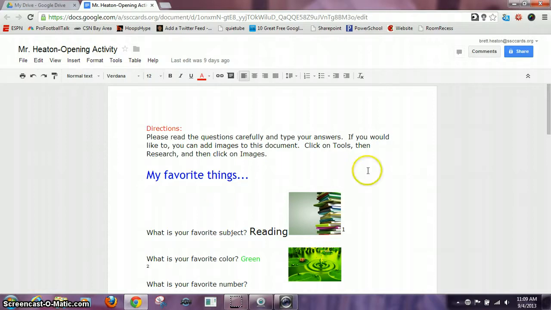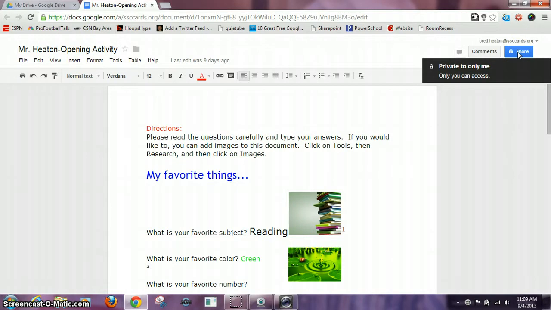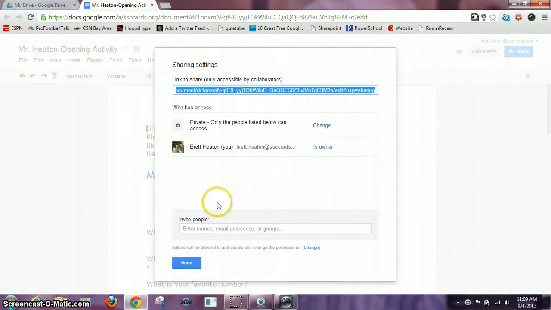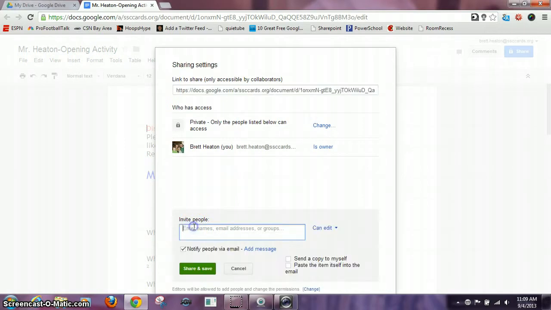So I'm going to go up in the top right hand corner where it says share, and I'm going to click on it. Now this will allow me to enter as many different email addresses as I want for me to share my project with. So I'm just going to type in my wife's email address, and I'm going to click right there. When you type in someone's email address, you can do a bunch at the same time, so you can do several. So I can type in her name, I can press enter, and I can go ahead and type in